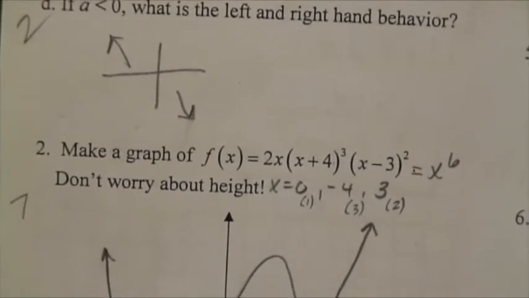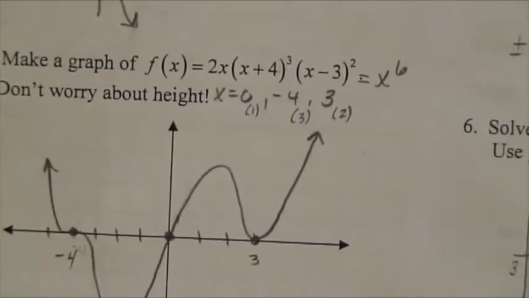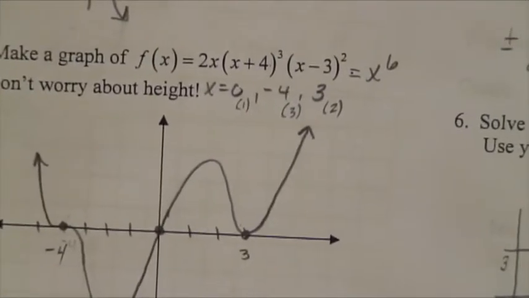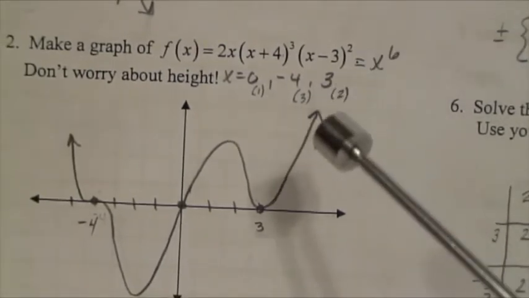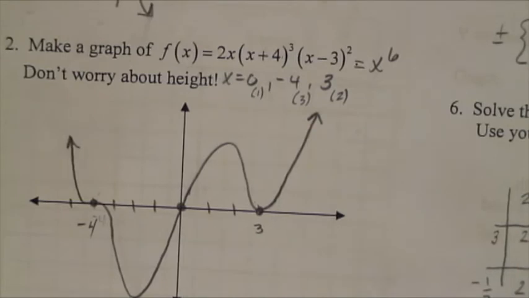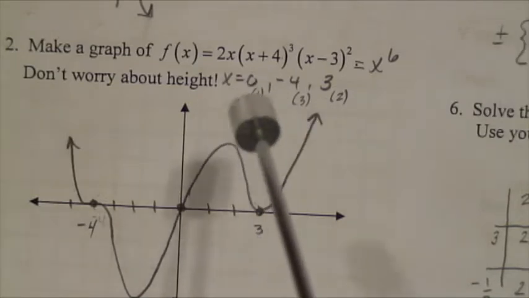Question number 2. Given that function, already in factored form, everything is there to graph it. We have 2x is going to be equal to 0, that's one of my factors. X plus 4 is a factor, that's going to be equal to 0. And x minus 3 will set equal to 0, so that means x is going to be a 0 and